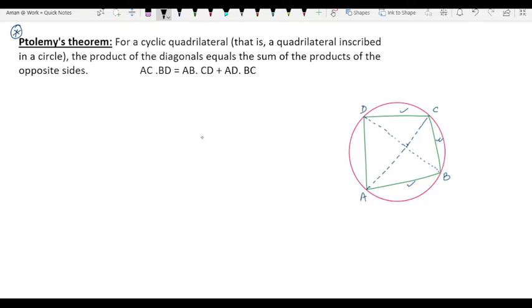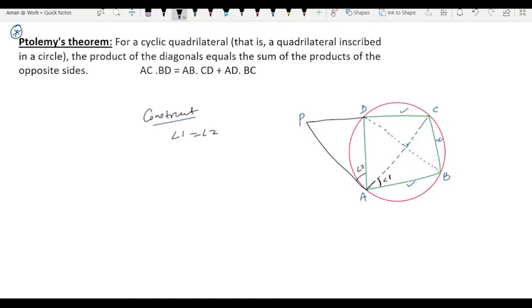So for the construction, we have to extend this CD length, and we look at this angle CAB. Let's suppose this angle is 1. We take this angle 1 and make the same angle with respect to AD, like this, so somewhere it will intersect. This is angle 2. So we construct that angle 1 and angle 2 are equal, and the point of intersection, let's suppose, is P.